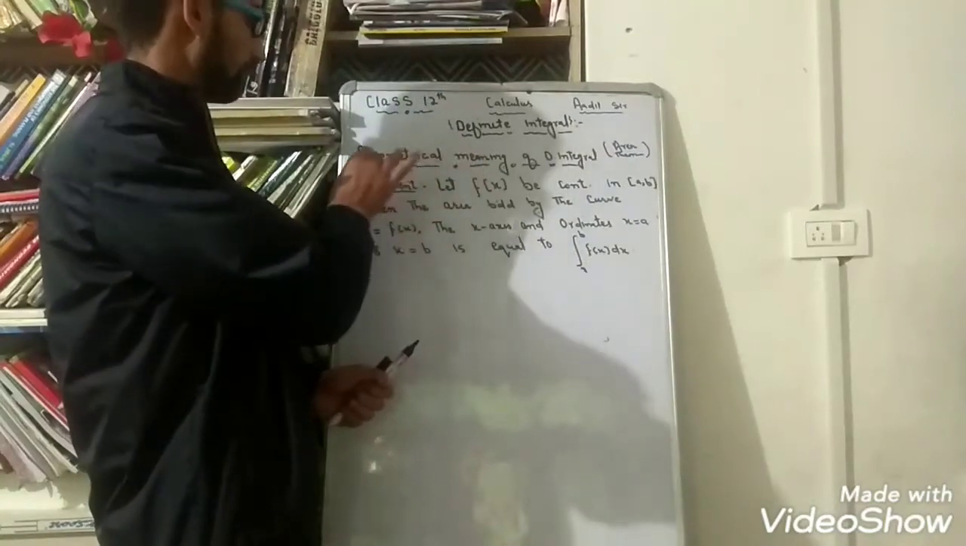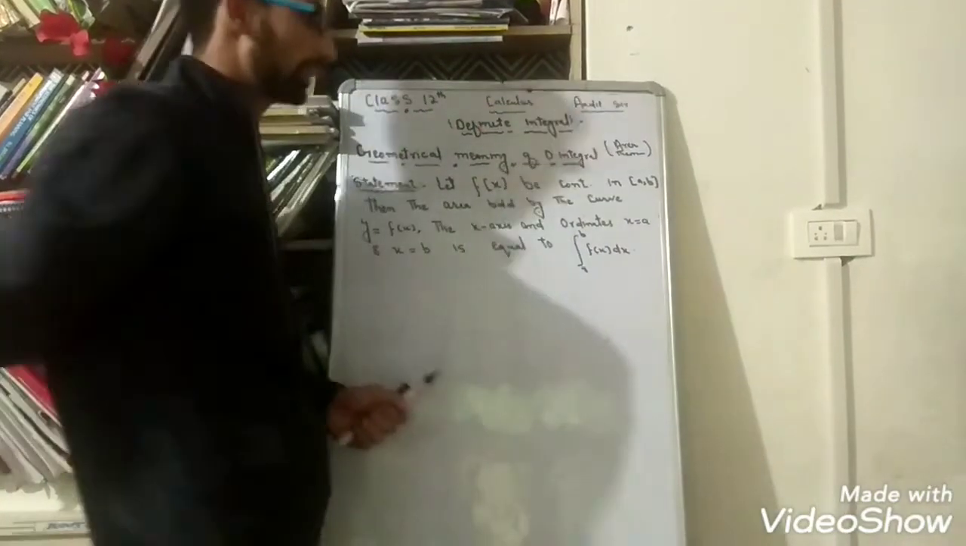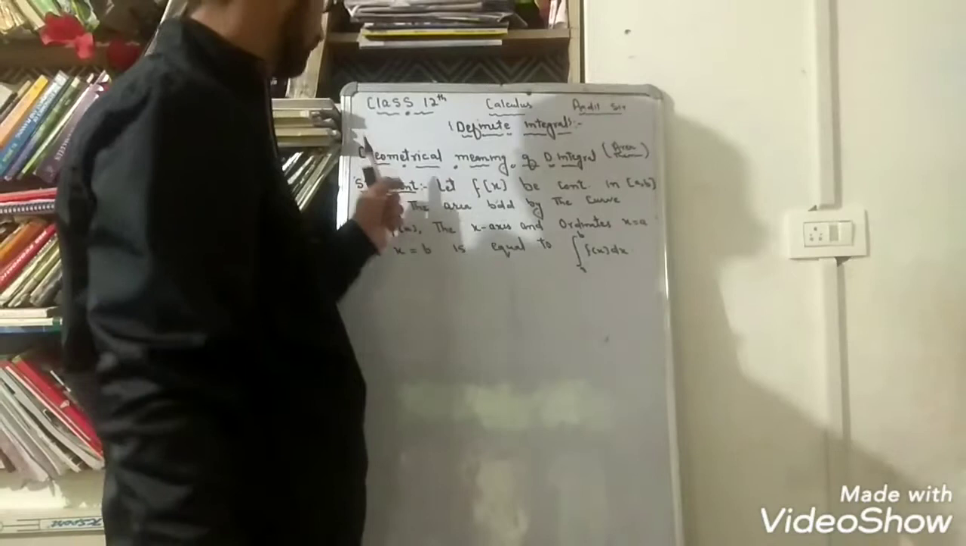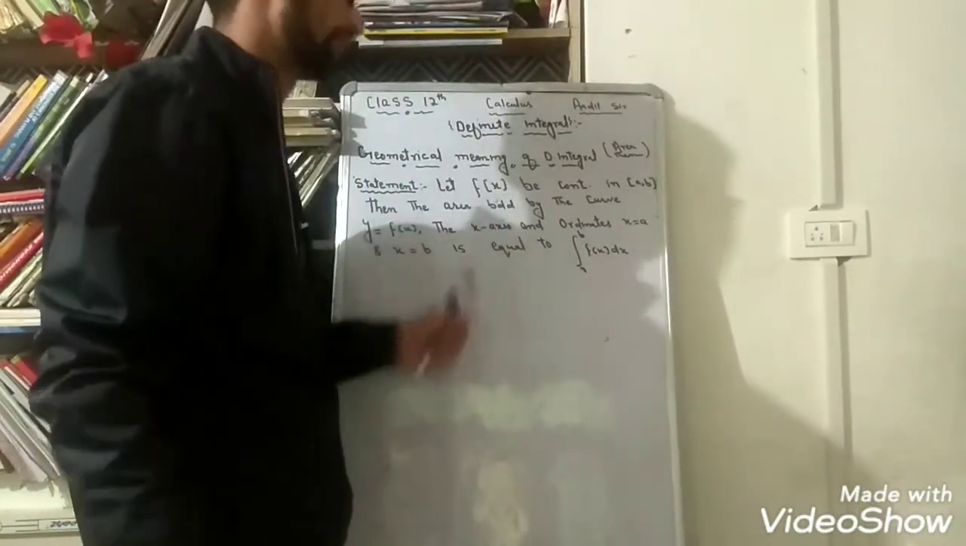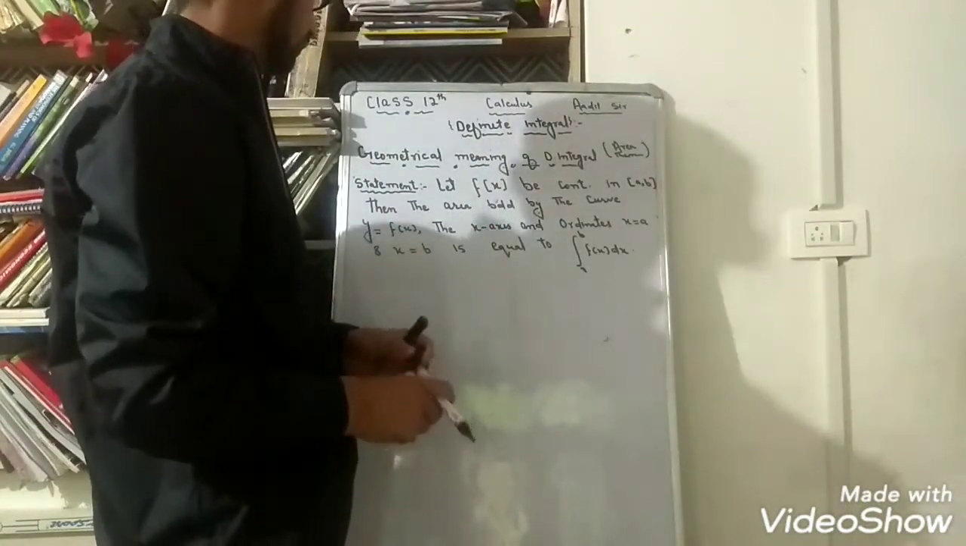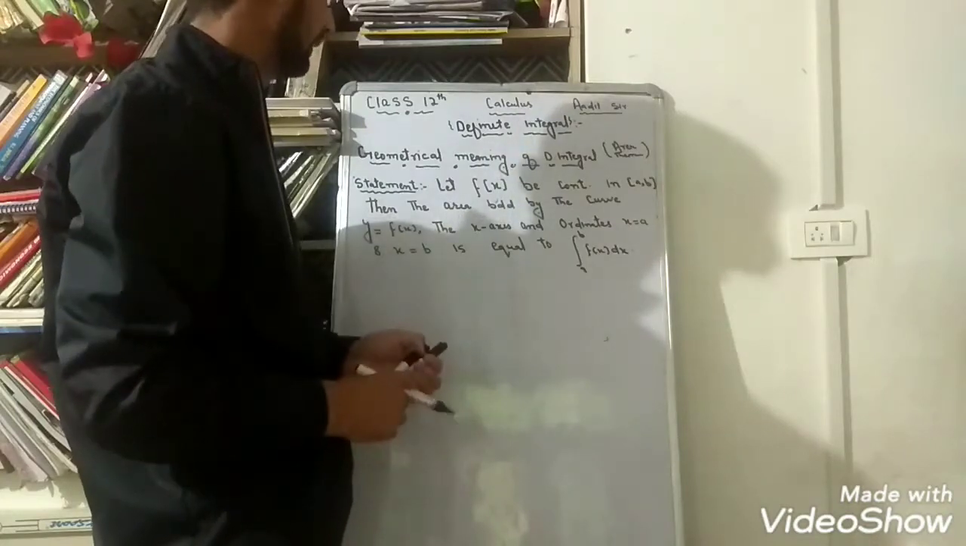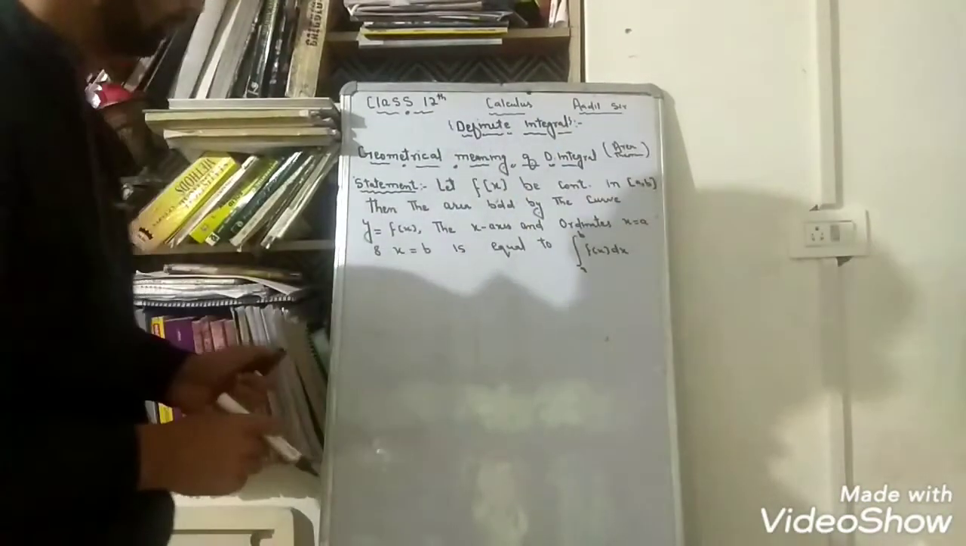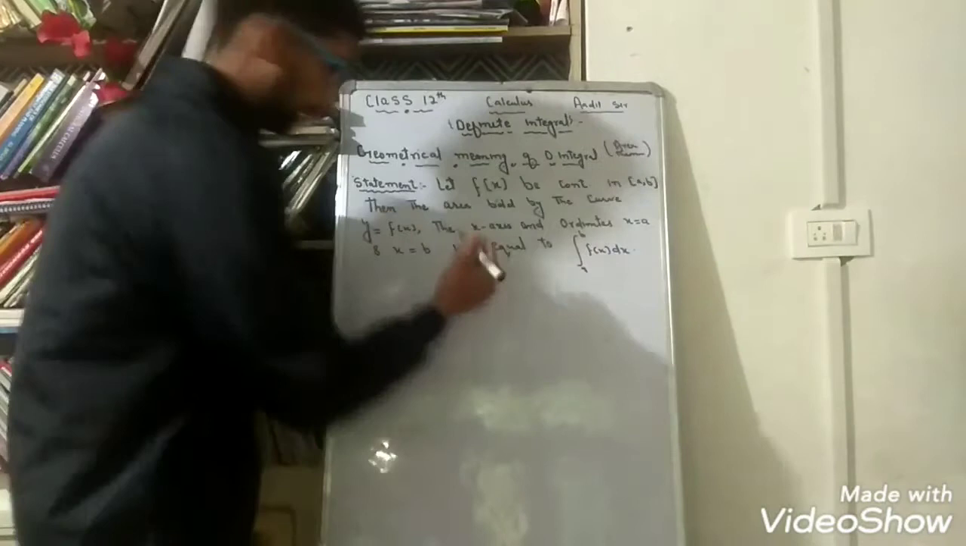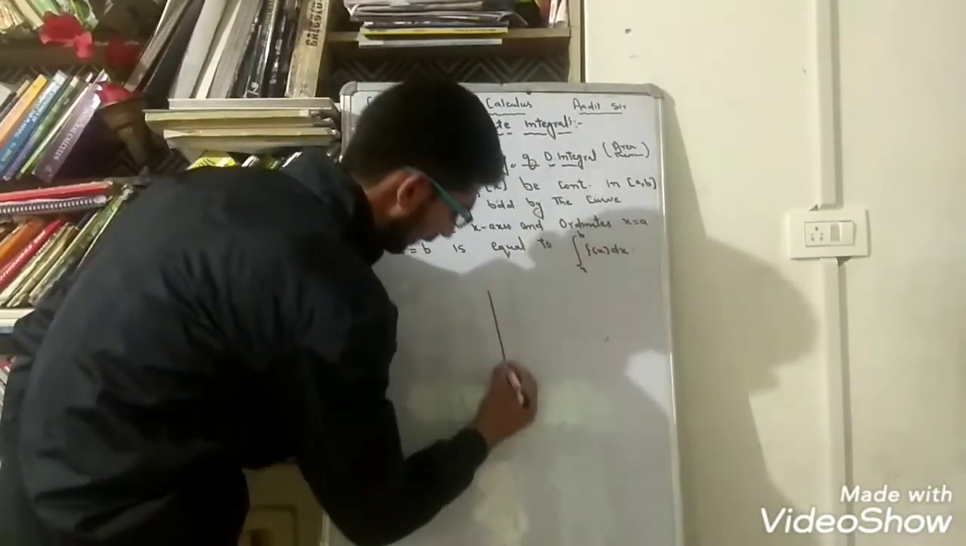We have a topic that is geometrical meaning of this definite integral. What this definite integral means in geometry. So beta, without wasting the time, we are going to have its geometrical meaning. If I have this